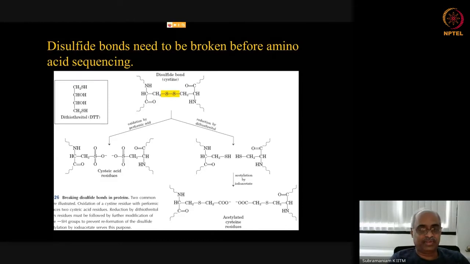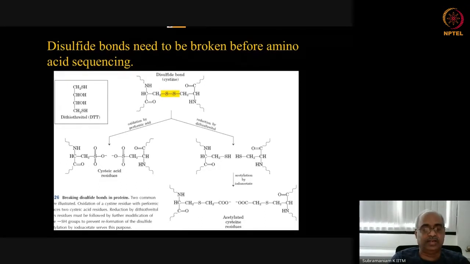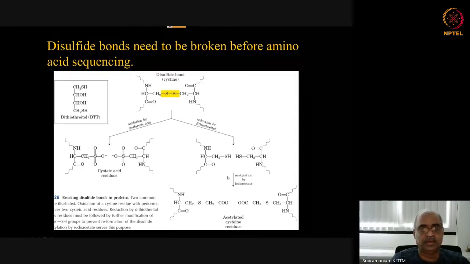So yesterday we were discussing Edman degradation for amino acid sequencing of proteins. So we'll continue that. Today we are primarily going to look at how to synthesize polypeptides. But before going into that, one small detail that we need to know with respect to the amino acid